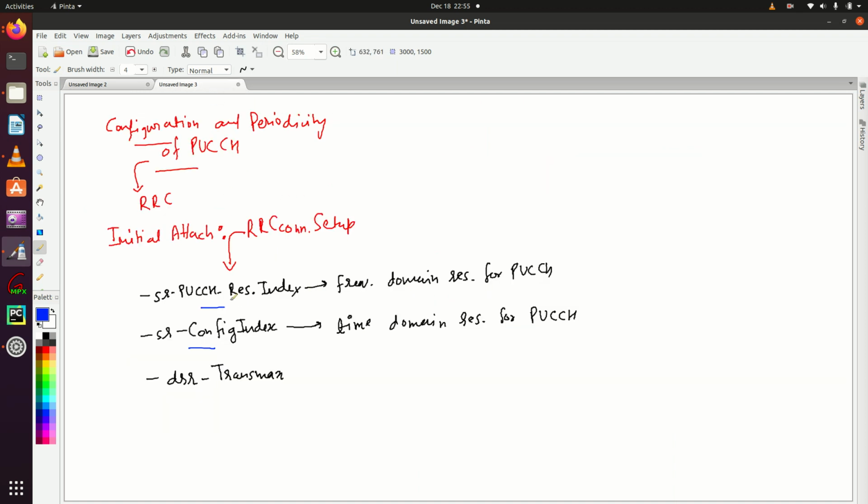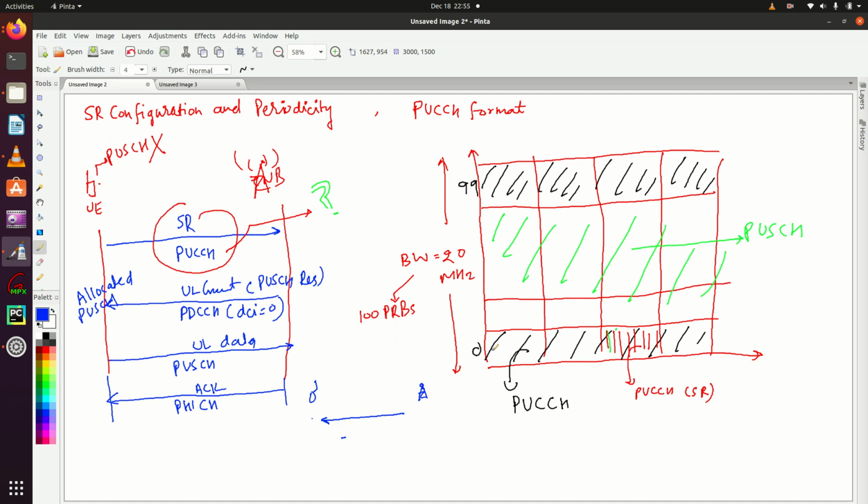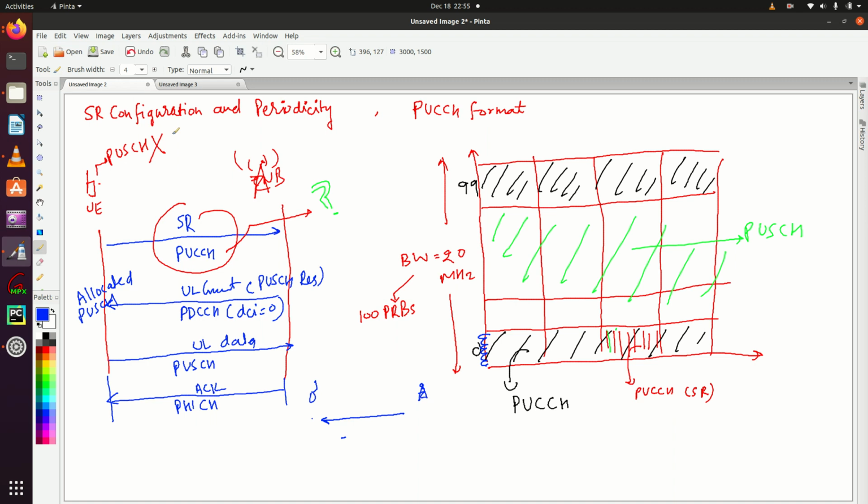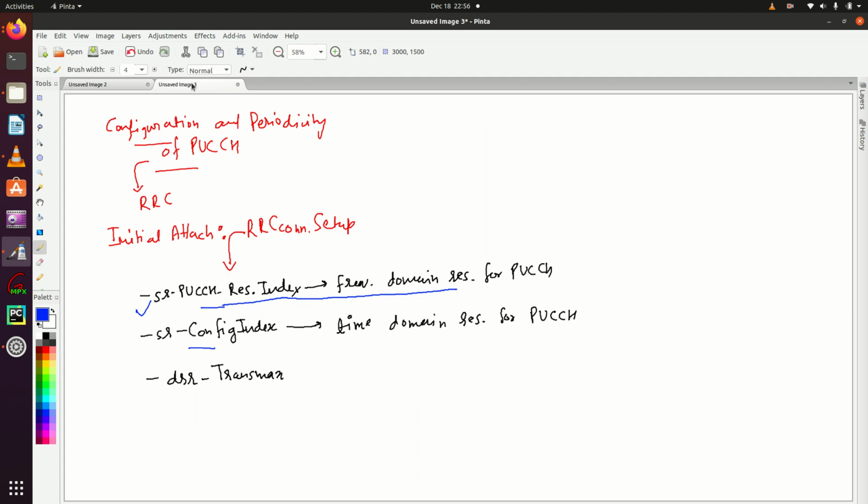This parameter will tell which frequency domain UE has to use. It might be this frequency domain. This detail is provided by this parameter, and this time duration is provided by this parameter, SR config index.